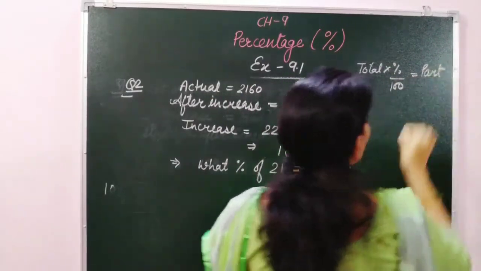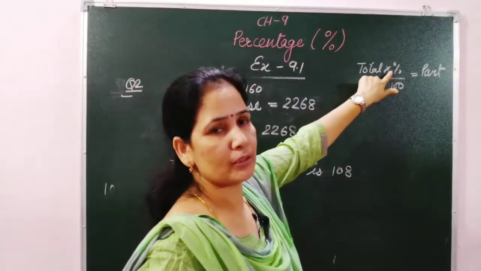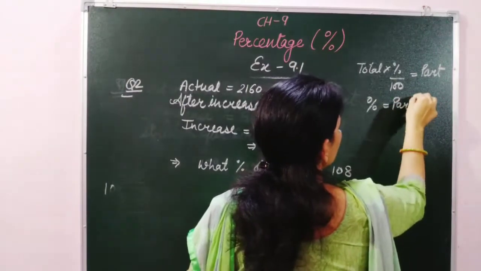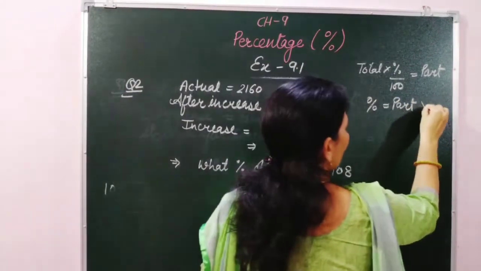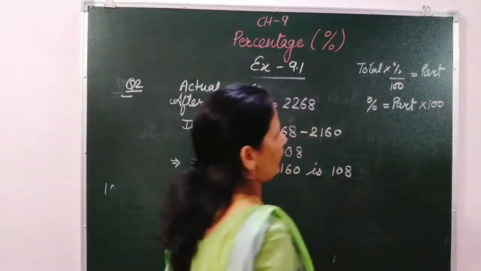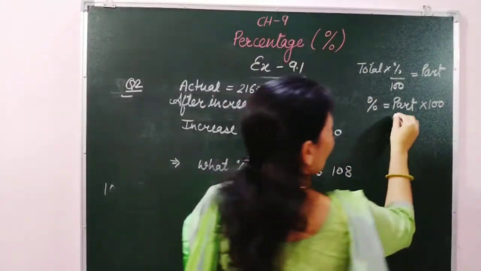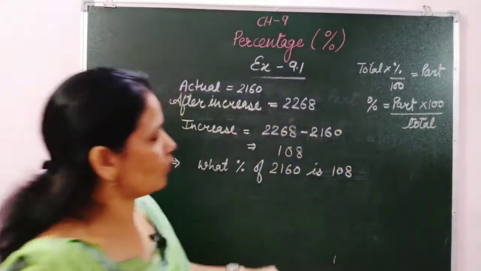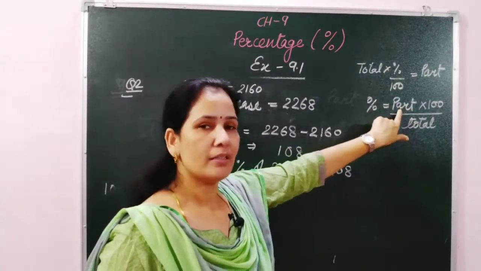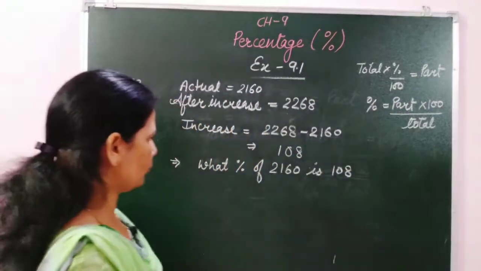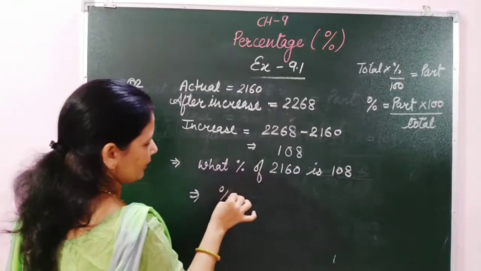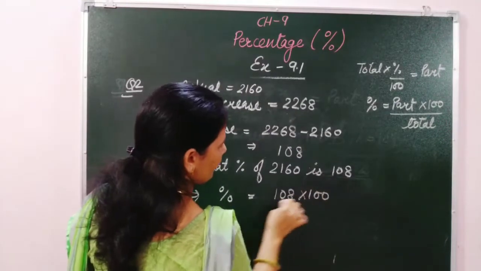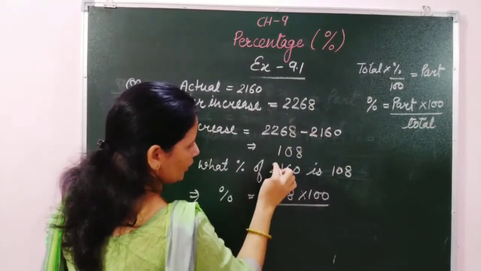Now students, what do we have to find out here? We have to find out the percentage. So percentage will remain here only. Listen, this 100 is divided, after converting it will be multiplied, and total is multiplied, after converting to that side it will be divided. So now observe this one. To find the percentage, part multiplied by 100 and divided by total. So same thing, to find the percentage we write part 108 multiplied by 100 and divided by total. Total one is